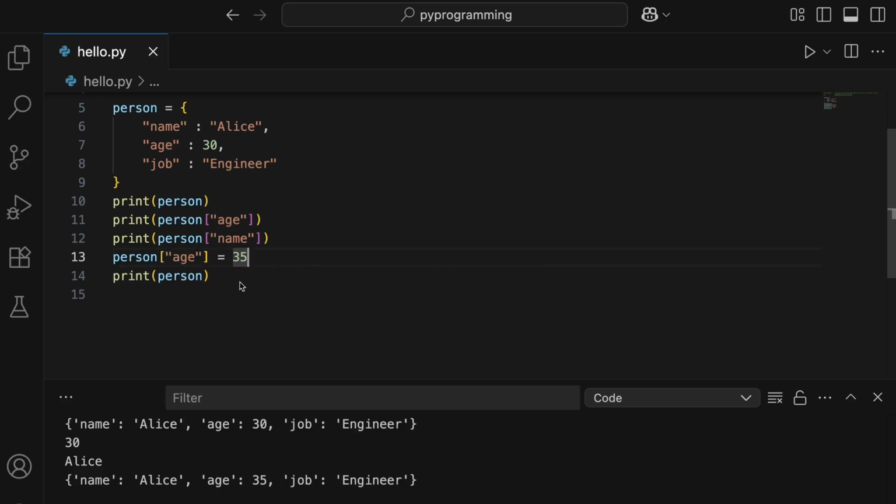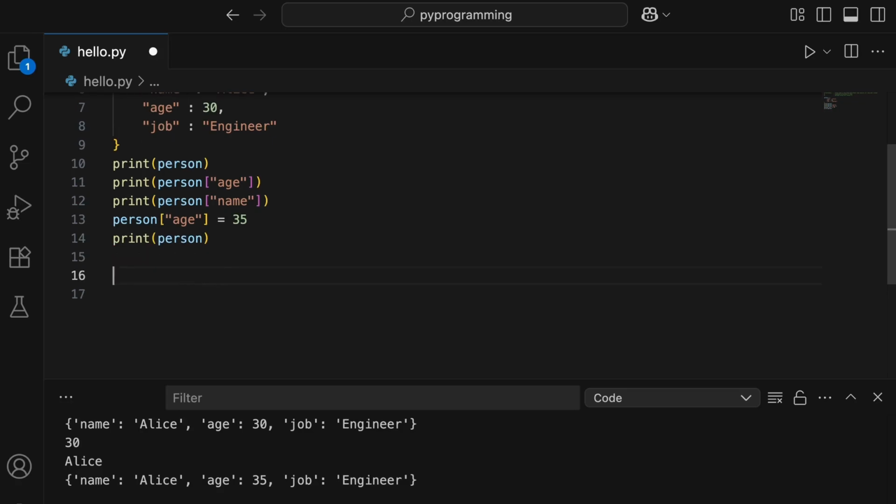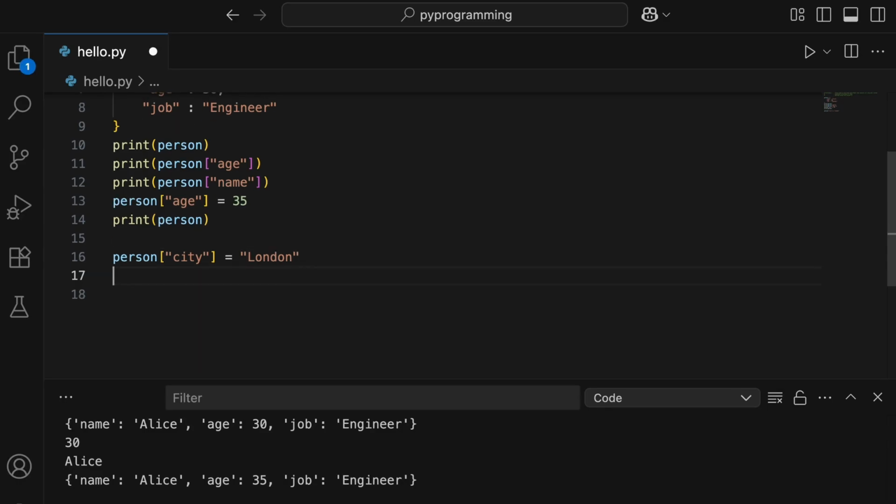And similarly, if I want to add a new value, I'll just mention the dictionary, and then inside the square brackets, you need to mention the key, whatever you want to keep the key as, and then give the value. So this will be a new key value pair that will get added to the dictionary. Now if I print the dictionary again, I'll see this key value pair as well. So let me print this. And if you see here, we have an additional key value pair.